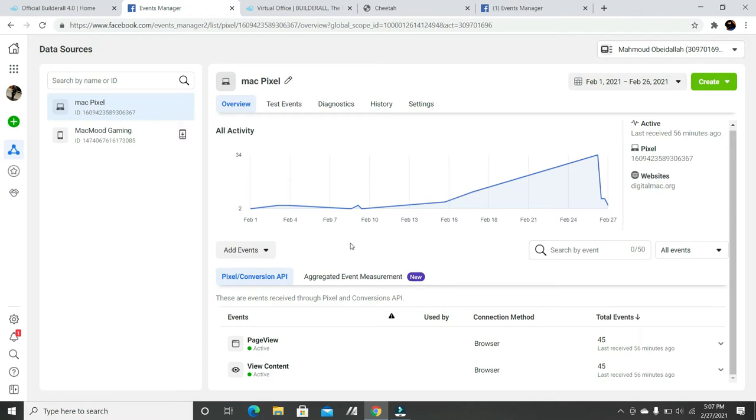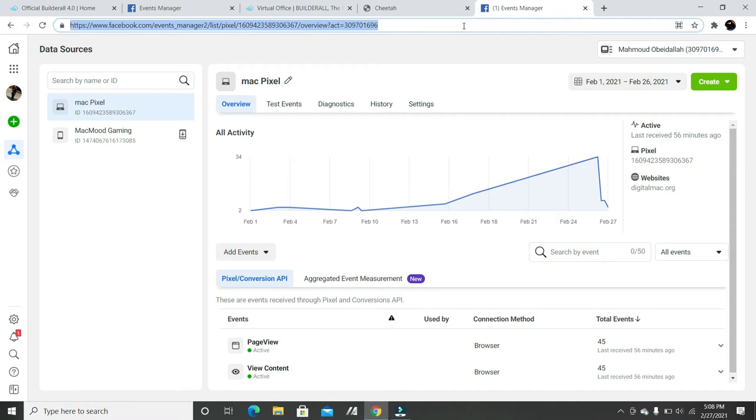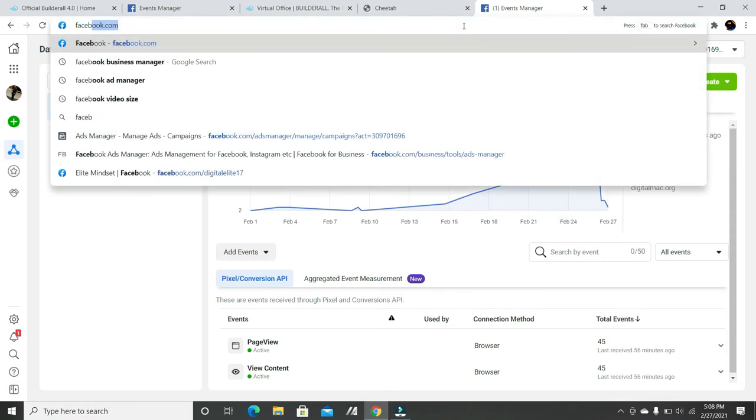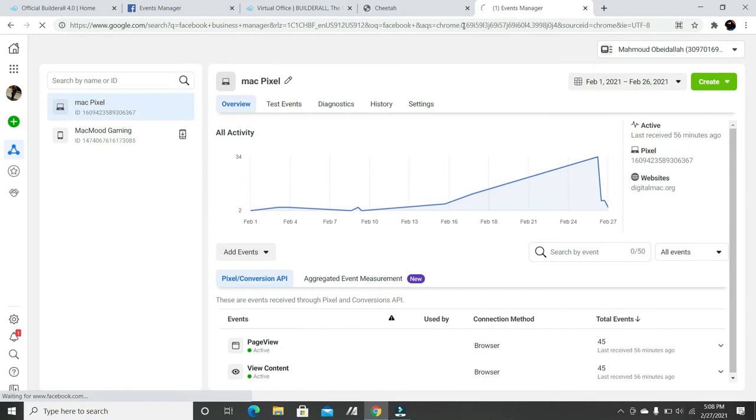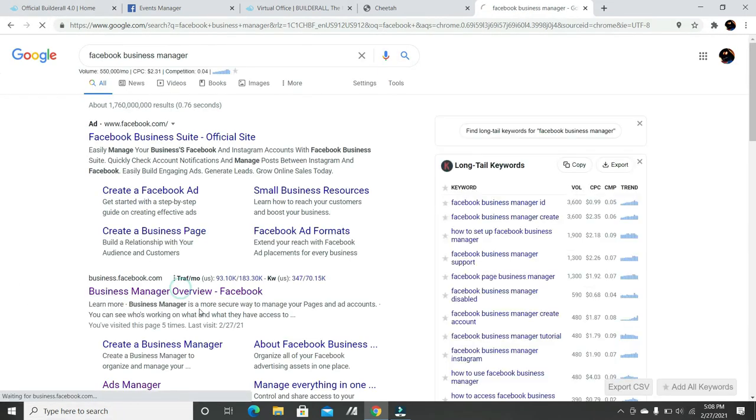So now, how do you get here, right? This is the page right here where you see your pixel. See right here, I have my pixel, and I just started, and it's already collecting data for me, right? And I have it connected to my landing page, which is my domain, digitalmac.org, and this is the pixel number right here, right? So I'll show you how you get here. I personally don't like going straight from Facebook because it's a pain in the neck. I just like to go to Business Manager directly, go right here,